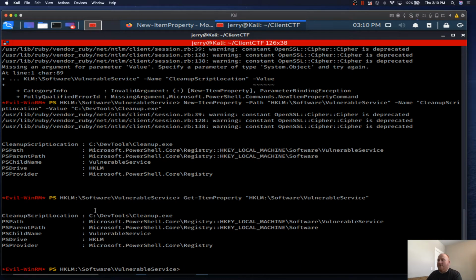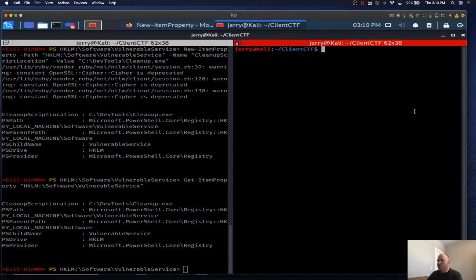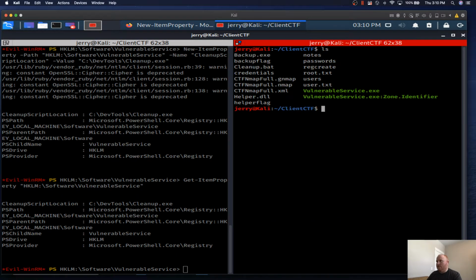And now, hey, look at this. We have an item property here: Cleanup script location. Hopefully we spelled that all right. And it's C:\devtools\cleanup.exe. So now what we should be able to do is create